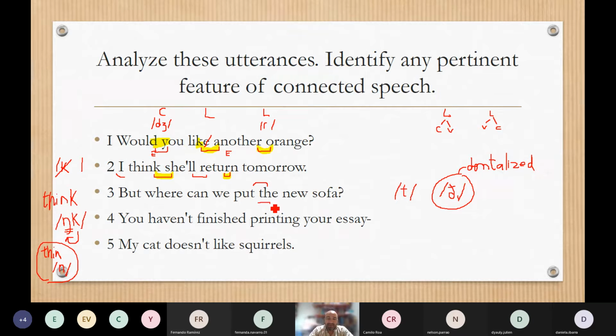Why? Because the tongue needs to find a place in between the alveolar ridge and the place in between the teeth. I mean, it doesn't need to find. It's just because we talk really fast, the tongue finds a place in the middle. So put, and then instead of saying the, it's put the. If you place the tongue behind the upper teeth, it's like when you say in Spanish, dado, dedo, duda, dardo,